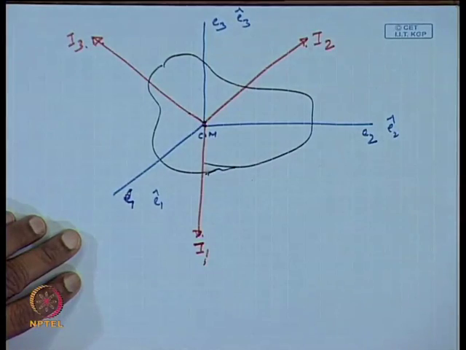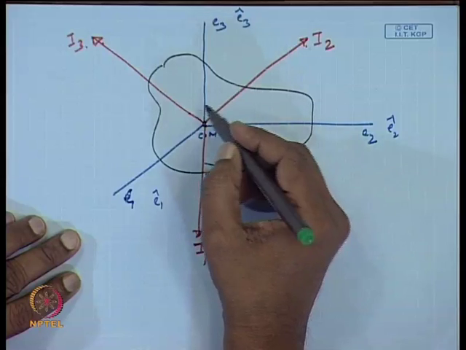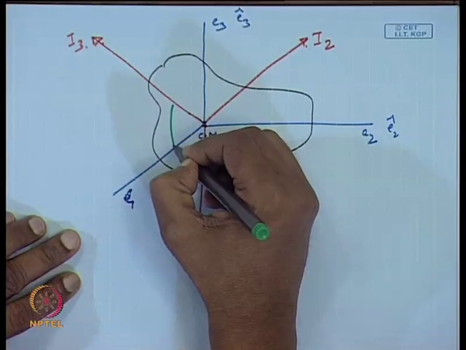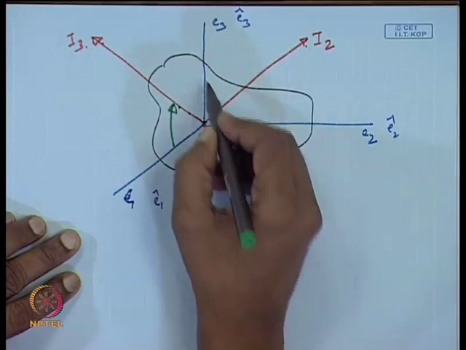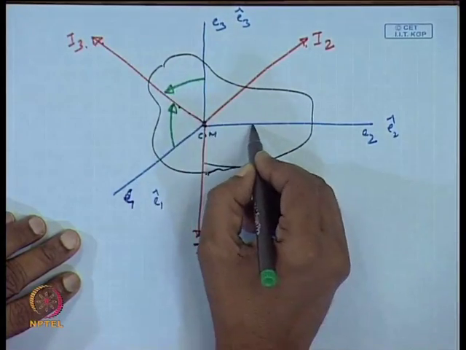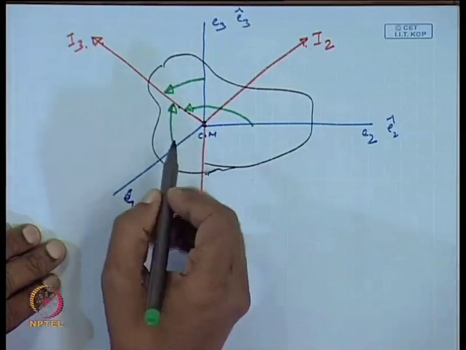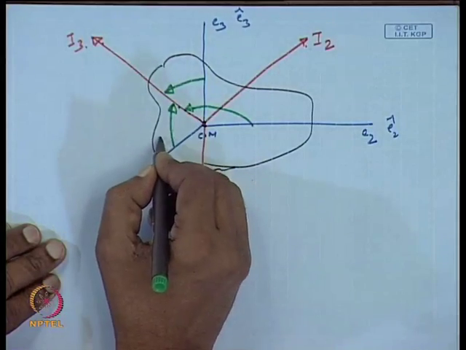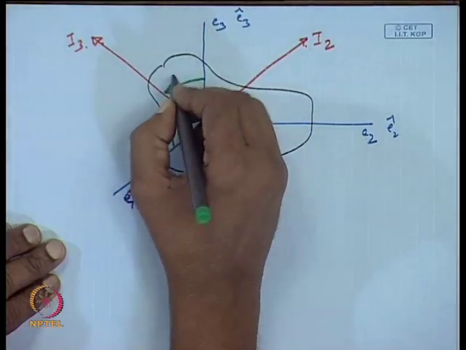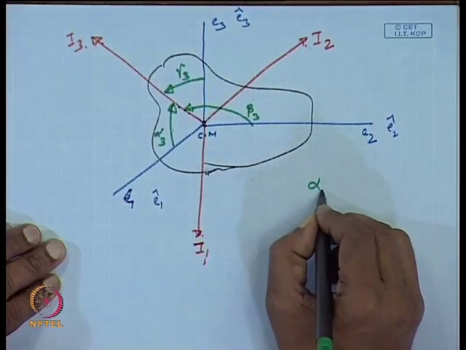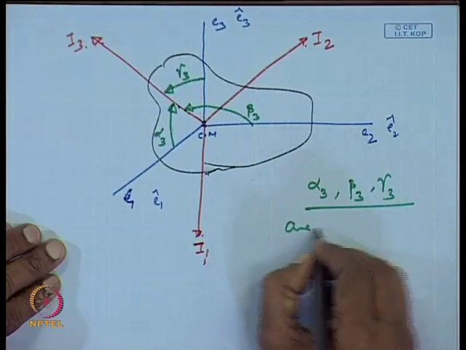Now, you can see from this figure that the orientation of, say, I 3 can be defined using the angles: this angle from here to here, this angle from here to here, and this angle from here to here. Defining these 3 angles is required, and let us say that this angle is alpha 3, this is beta 3 and this is gamma 3. So, angles alpha 3, beta 3 and gamma 3 are required